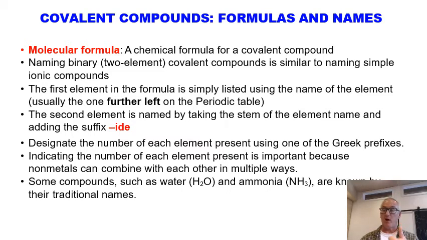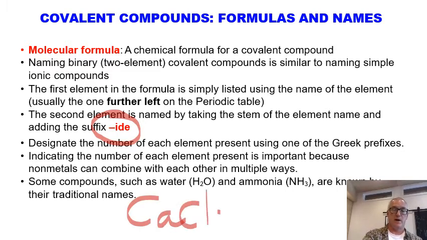But the second one also gets the same suffix. We used "-ide" before, we use "-ide" again. Now the big difference here is we don't always know how many elements are going to be in each compound. With an ionic compound, if I write